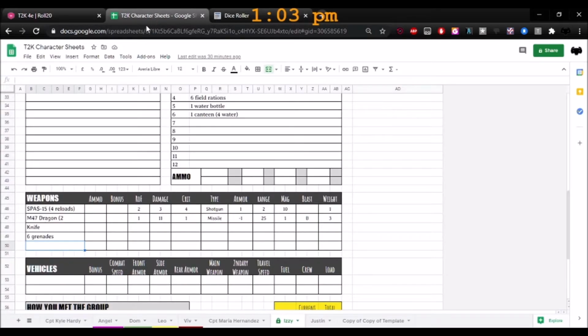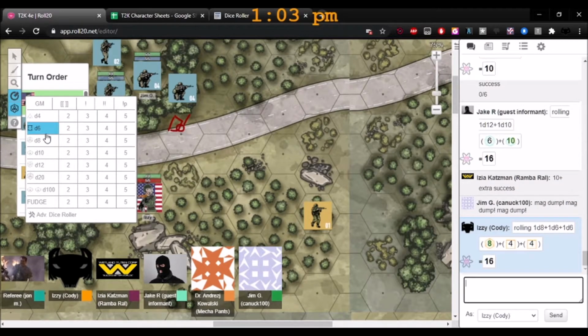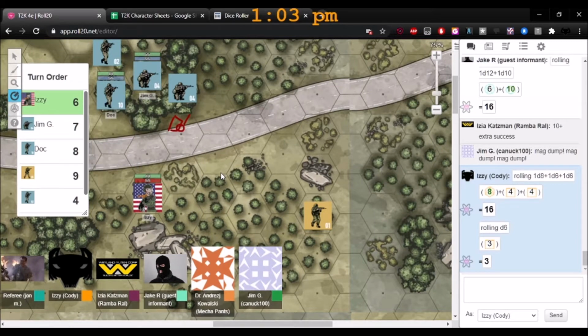So then we roll location. Yeah, so you roll a d6. One of the handouts I put in there was hit location. Near the top, it's the third handout. I'll roll a d6, I guess. Yeah. So 1 is legs, 2 to 4 is torso, 5 is arm, and you rolled a 3. Torso. So you got him right in the center mass.